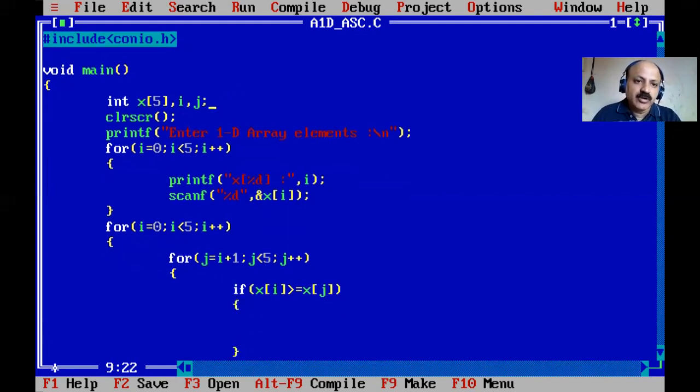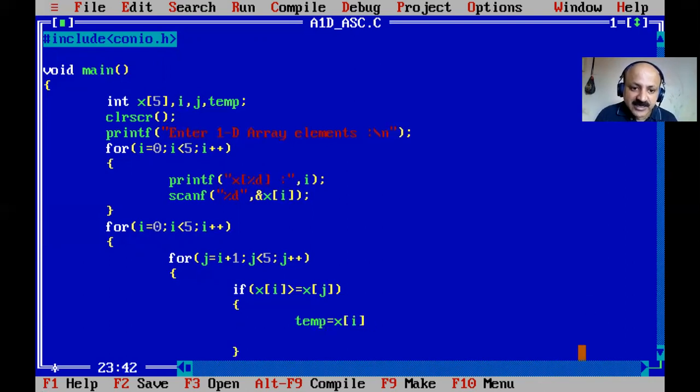So again, I take one variable, that is a temporary variable. For two integers, you can watch my video where I swap two integer variables without a third variable. That is also possible, but here the same logic, but we take the third variable, because this is a 1D array, one dimensional. So temp is blank, so we can assign x of i.